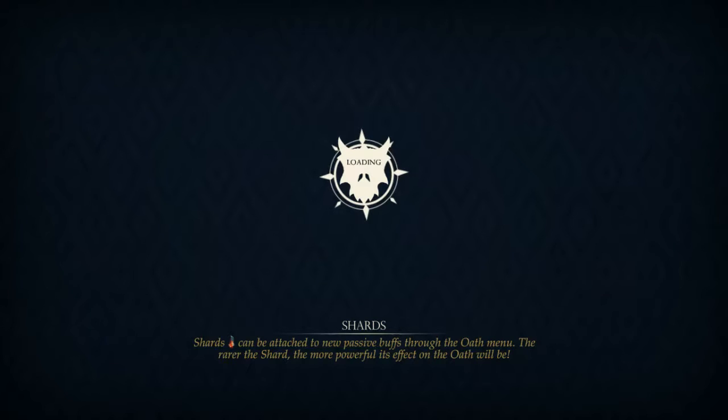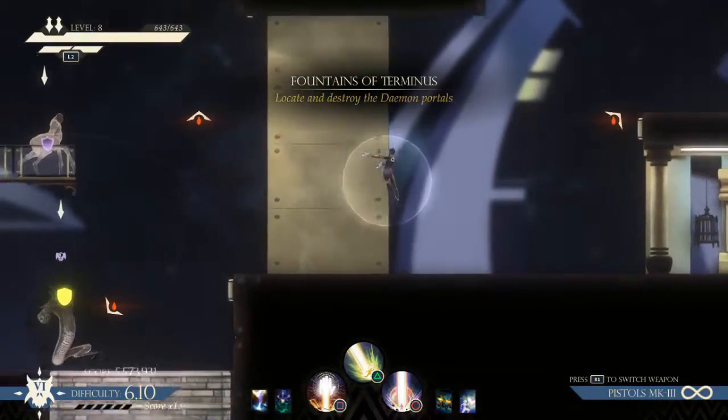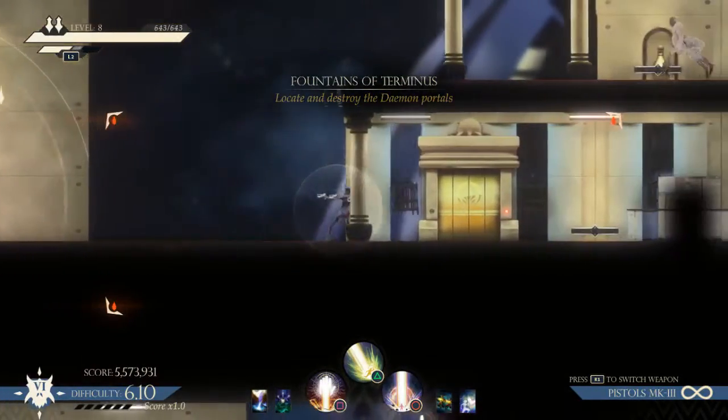Now, this is a separate character. Your upgrades persist, but your story progress, your campaign progress, is separate. So whatever happens to this character, if you die with this character, you don't lose anything. You can actually use it to power up. Like, sometimes there's people on the leaderboards that have, like,